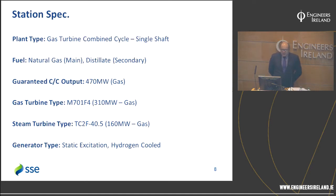So the spec for the station: it's a gas turbine combined cycle, a single shaft machine. The main fuel is natural gas, and the secondary fuel is distillate. Guaranteed CC output, that's the gross output, is 470 megawatts on gas at standard temperature and pressure. The gas turbine type is an M701F4 machine, which will produce 310 megawatts gross when firing on gas. And the steam turbine is an MHI steam turbine, tandem compound double flow, and it will supply 160 megawatts gross